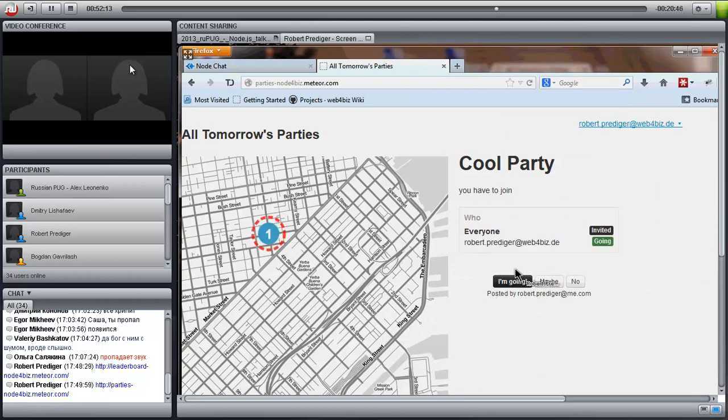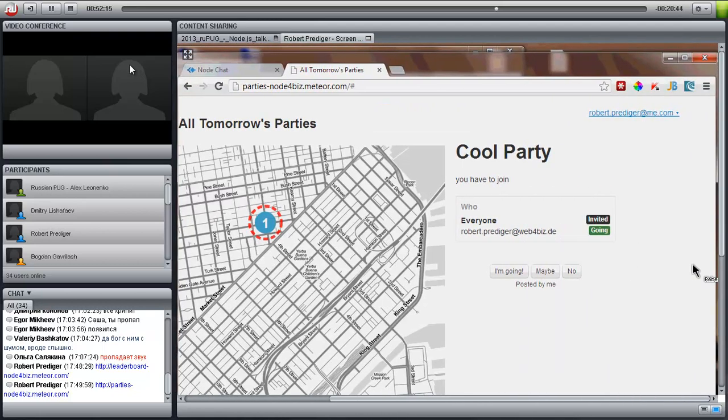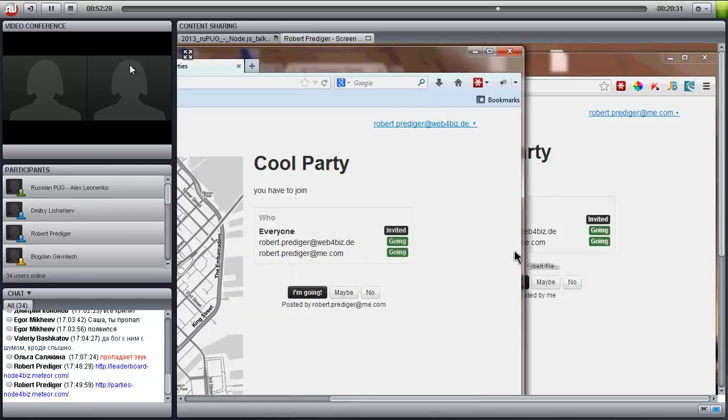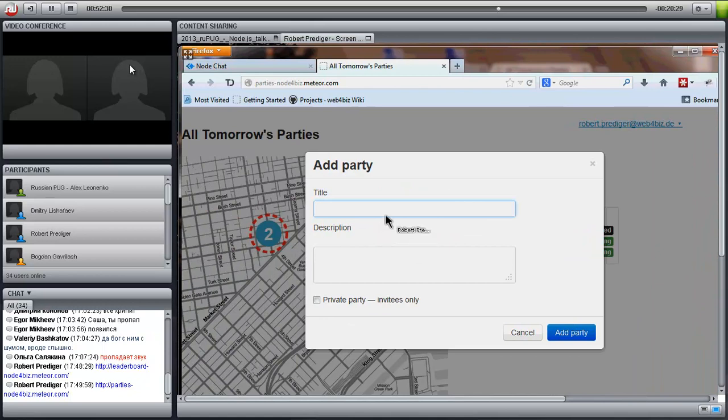Then it automatically counts who is involved. It shows automatically who will come.